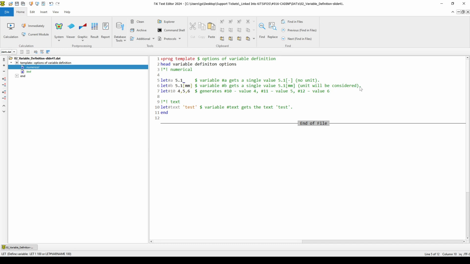Please be aware that strange or unwanted results might occur if a variable is defined with a unit and used in an expression together with other variables without any unit. So, a good practice is to either define every variable in the project with units or all of them without any. In the next line, the instruction let hash 10